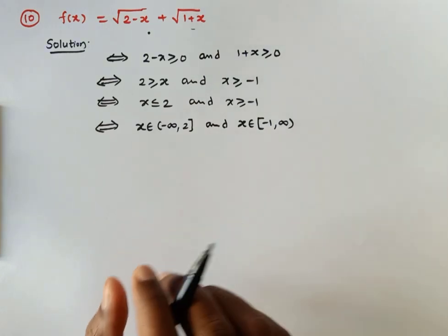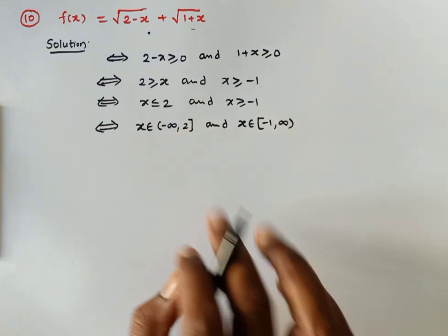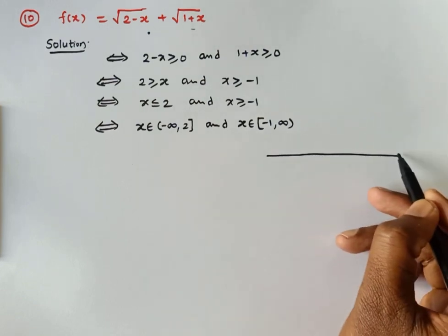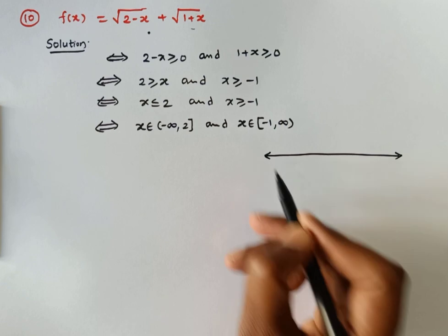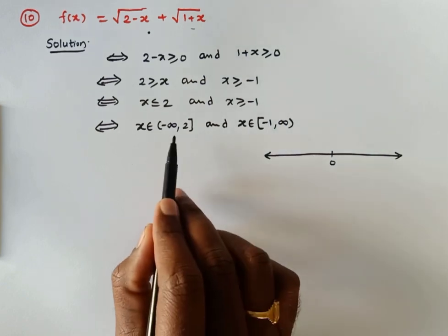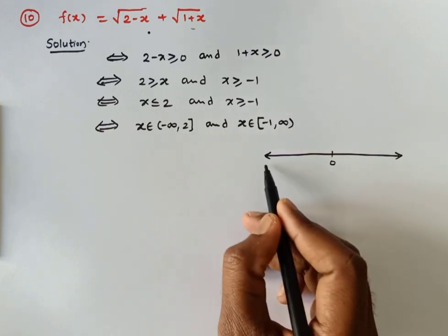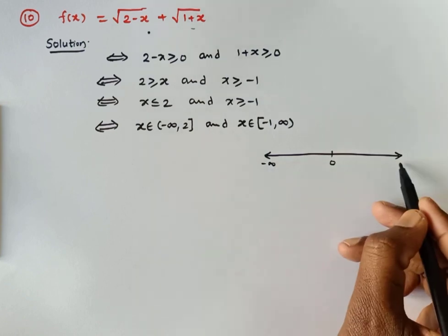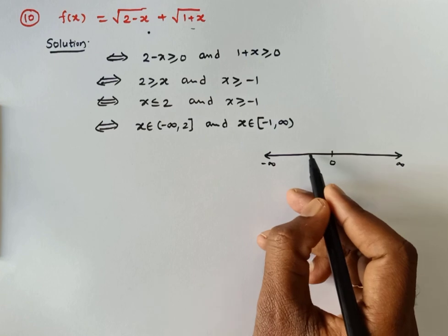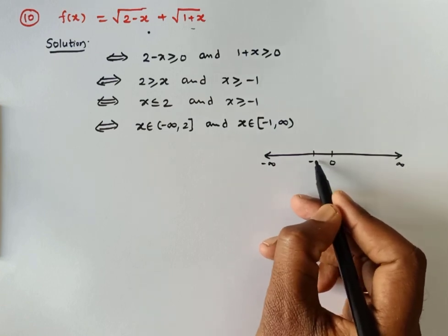Okay, now here you need to write the common values, and is nothing but common, right? So you need to write the common values from these two sets. So let us consider a real line first. So let this be our real line, with the origin 0. Here you just need to identify the end points of these intervals. This is obviously negative infinity and this is positive infinity, and two more things are there. In this interval minus 1 is indicated, so minus 1 is always left of 0, that is this is minus 1.